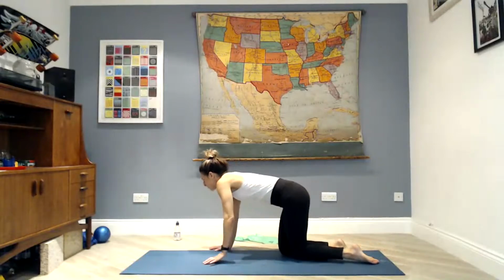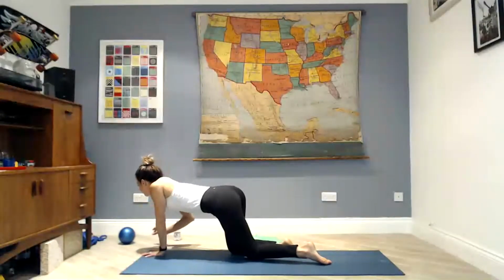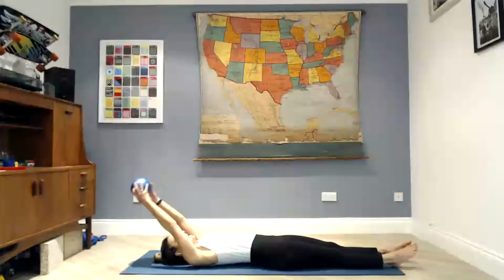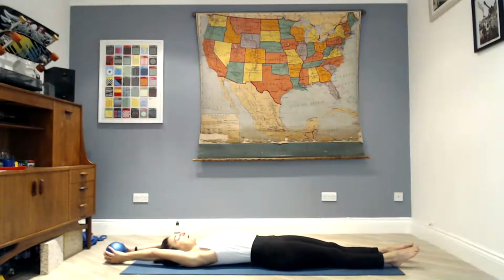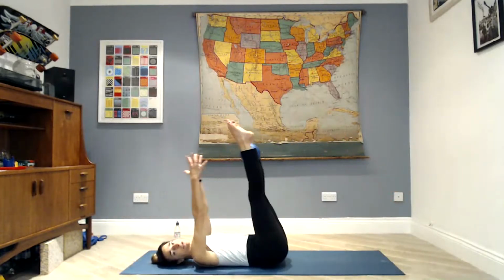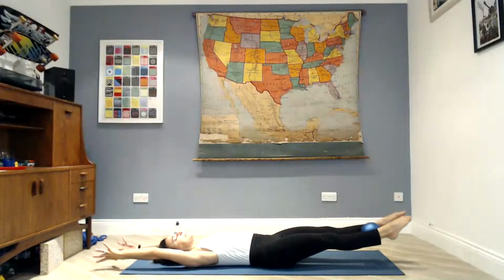Flip over and find your ball one more time. So we're going to do some ball passes, passing the ball from your hands to your ankles with the body stretched out nice and long. So just hold that ball in your hands, stretch your body out, sink your ribs down, breathe out, lift your legs up, pass the ball to your ankles, squeeze the ball tight, inhale, lower the arms and legs, touch the